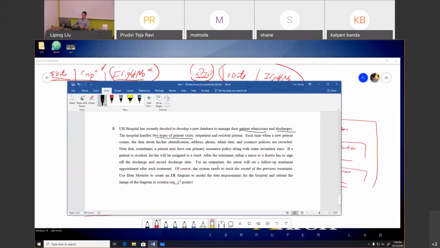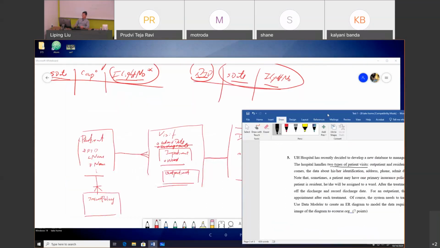All right, now let's see anything else. And the record discharge date. For the outpatient, the nurse will set up a follow-up treatment. So here, in other words, for an outpatient visit, we have to figure out follow-ups. So that's just another visit, right? So visit and visit, so the relationship should be just like a